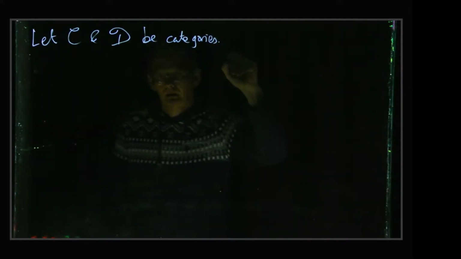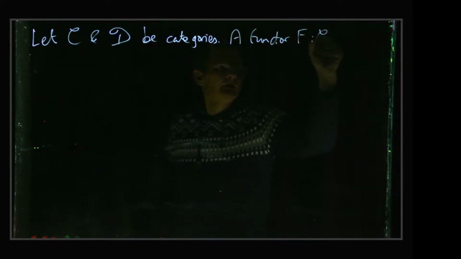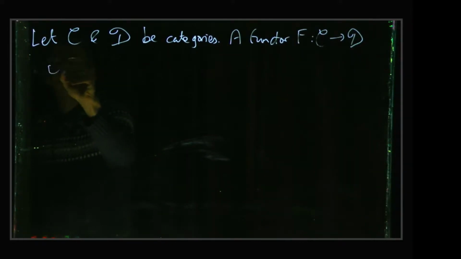And now I want to discuss the concept of a functor, which is the key thing that we use to relate different categories. Let C and D be categories. So a functor, let's say F from C to D, consists of